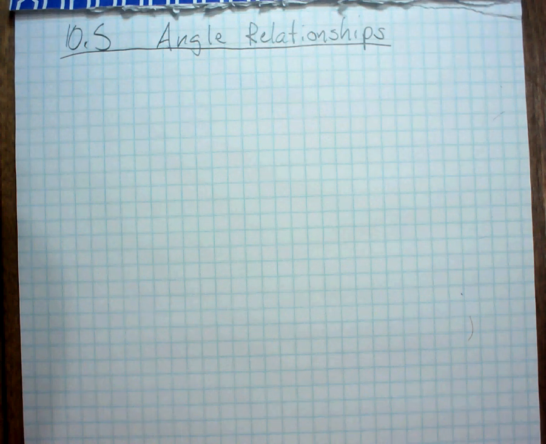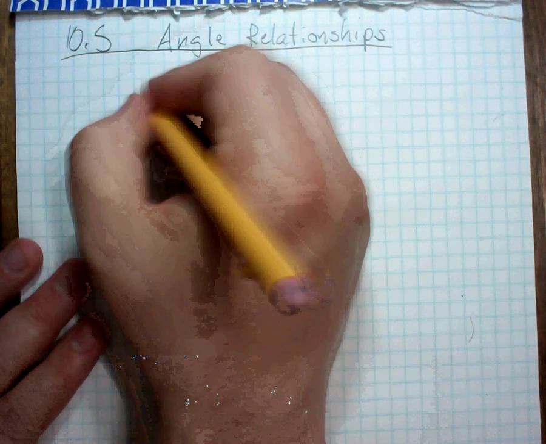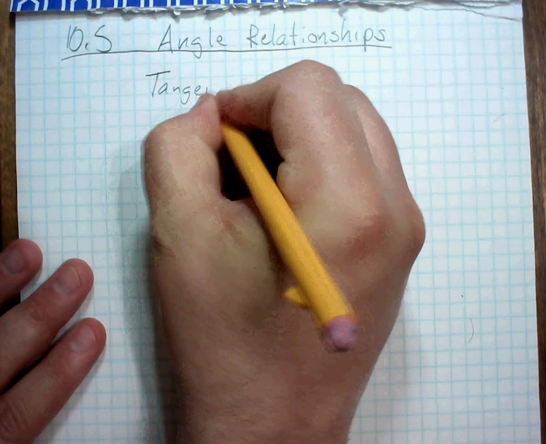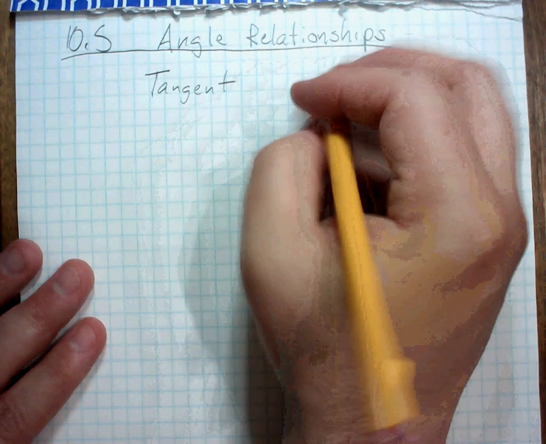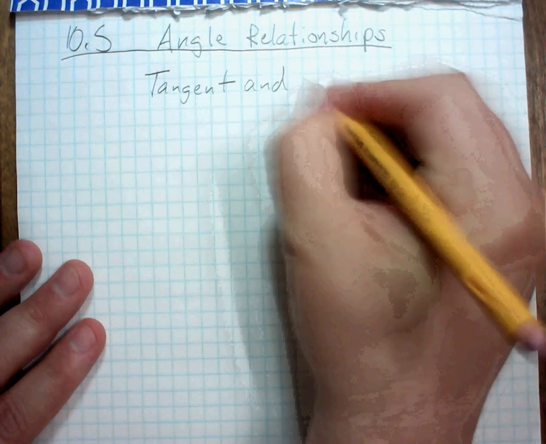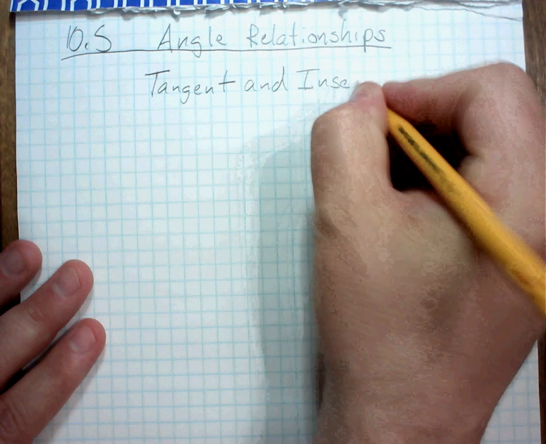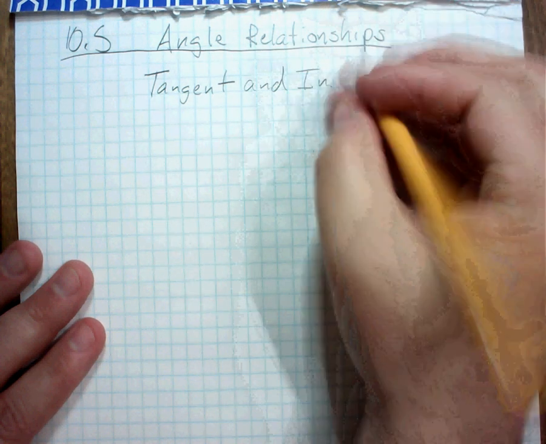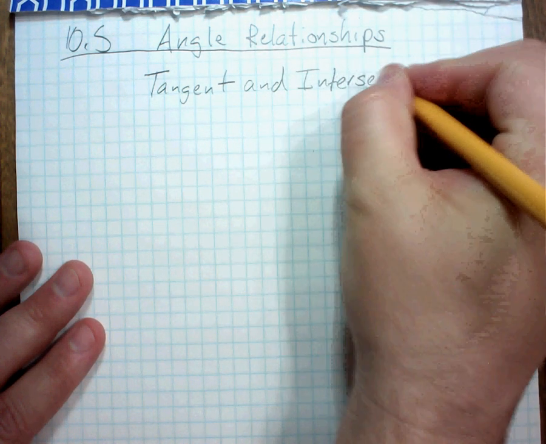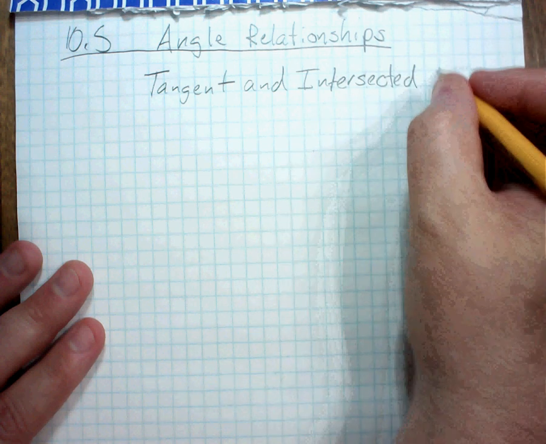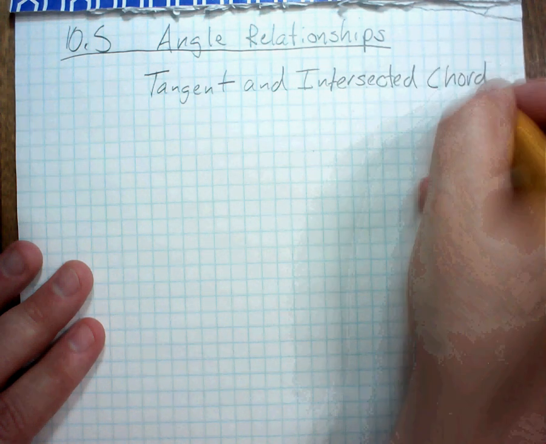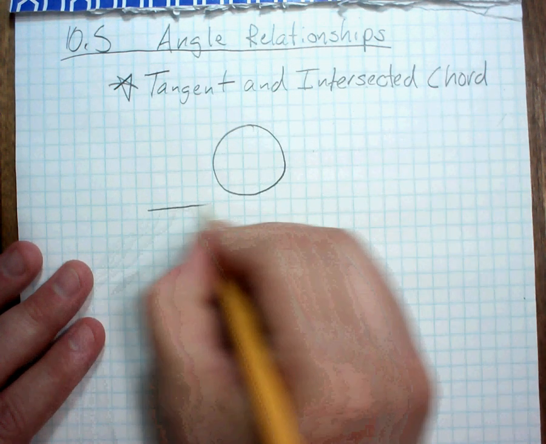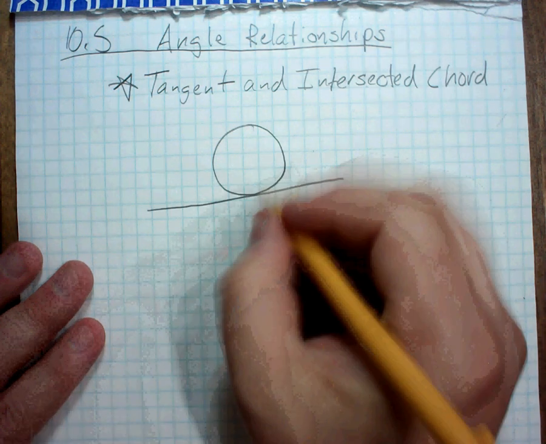The tangent intersected chord theorem. So what that is, well, let me write that down. Tangent and intersected chord theorem. If I have a circle that looks like this, and I have a tangent line, okay, remember that this